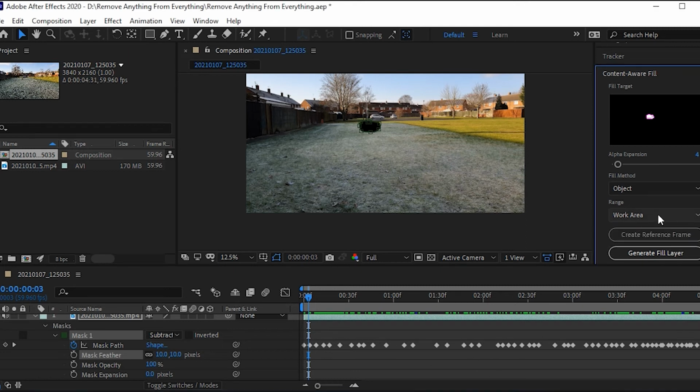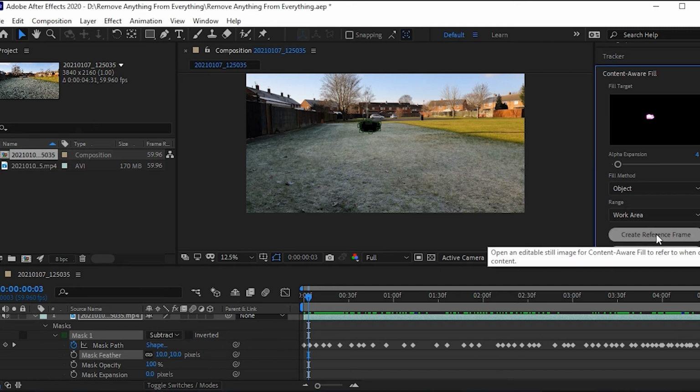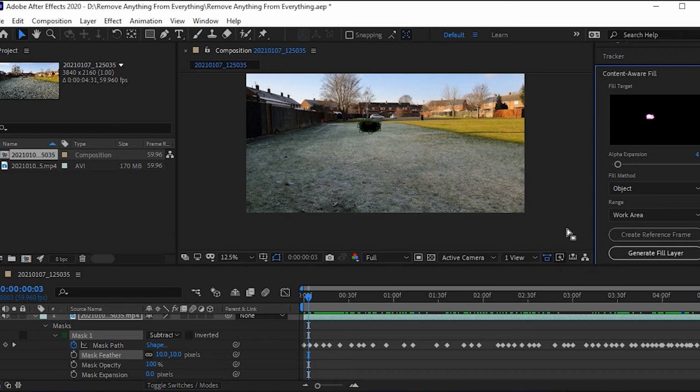There are a couple of different things you can do. You can create a reference frame, which effectively gives more information to Content-Aware, to the AI. So what that will do is open up Photoshop, let you clone stamp out what you think you want clone stamping out. Say for instance that black line, that shadow line. We would clone stamp that out and then save it. It would then put that PNG into After Effects and let Content-Aware know, you don't want that there, okay, fair enough. So we can mask that out completely through the whole frame.